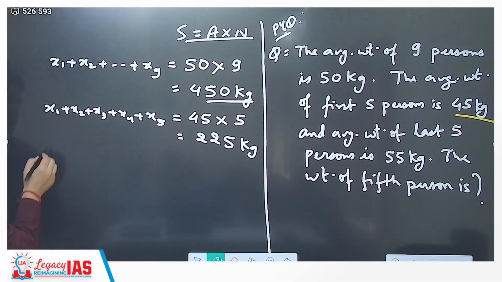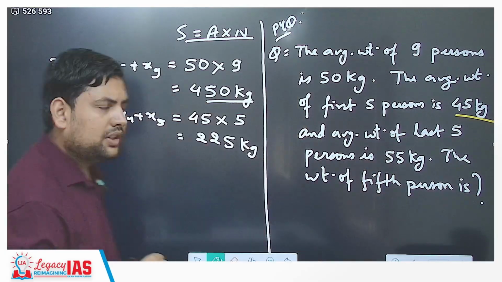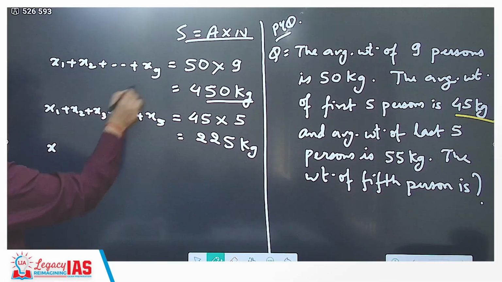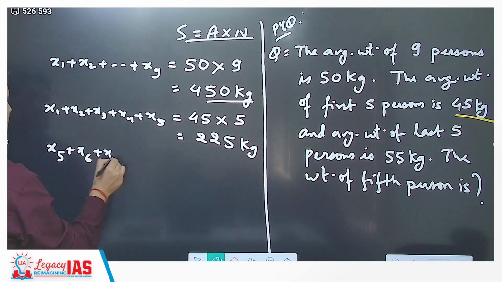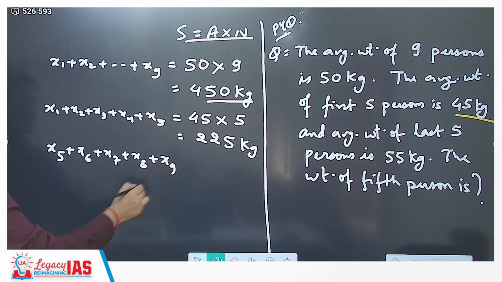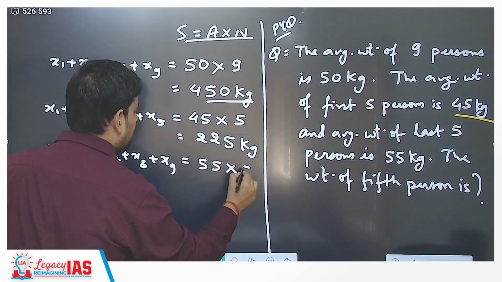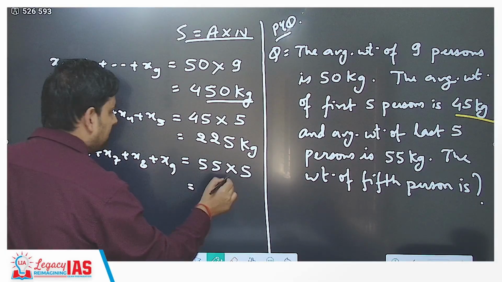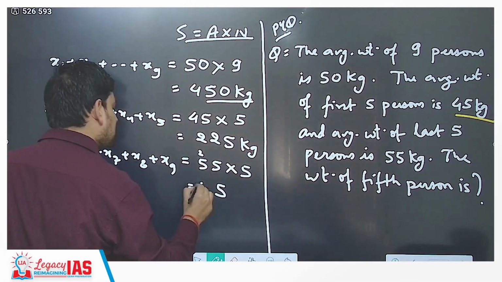Then similarly, the average weight of the last 5 is also given to you, that is 55 kg. So what will the last 5 be? There are only 9 people, so this will start with x5: x5 plus x6 plus x7 plus x8 plus x9. This makes it the last 5 people. Average is given as 55. 55 into 5, that is the total here. 5 fives are 25, 5 here, 2 carry, 5 fives are 25 plus 2,